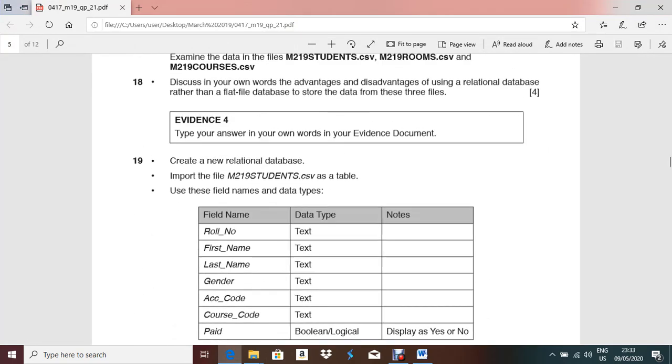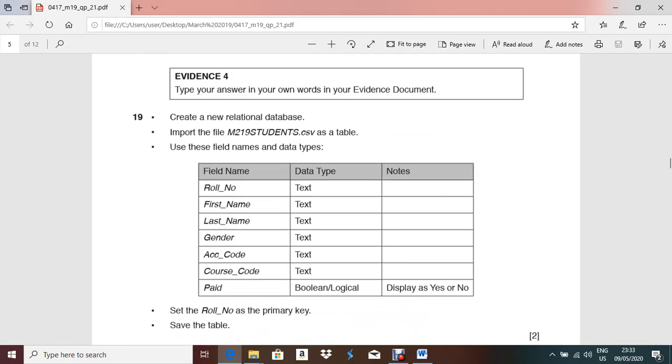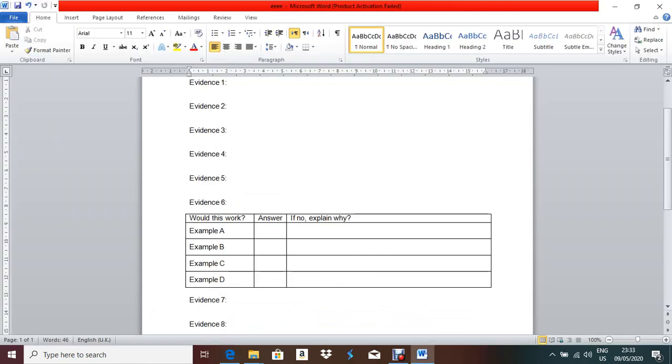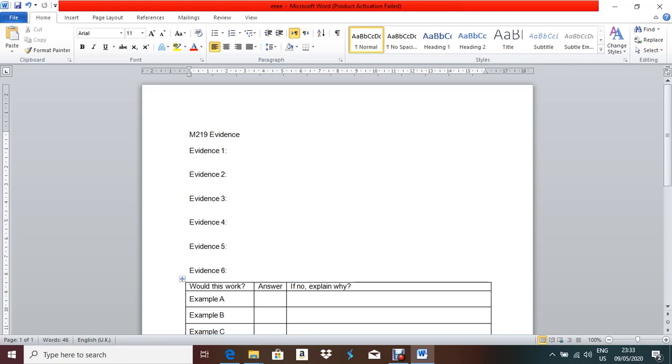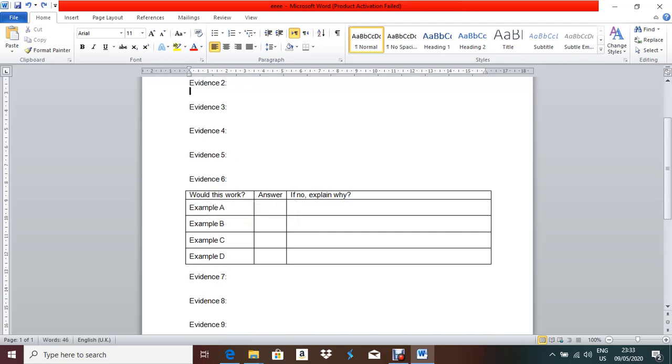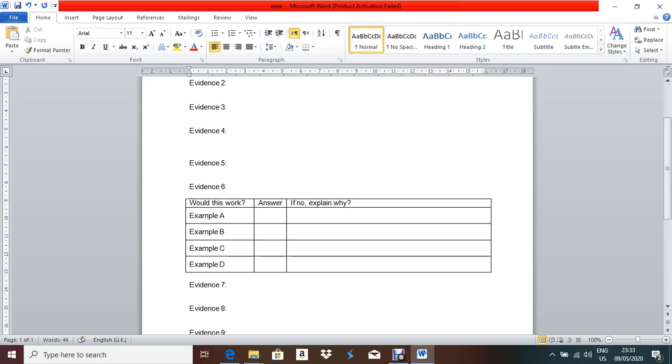And where I have to write the advantage and disadvantage according to the question paper. In the question paper, where they mention evidence 4, right? Type your answer in your own words in the evidence document. So it should be in evidence 4, this one. So what I will do, my computer sometimes creates problems. We'll give some space and write down advantages